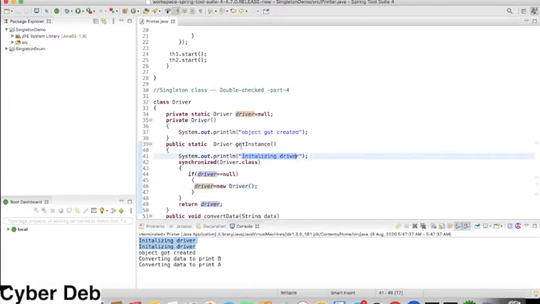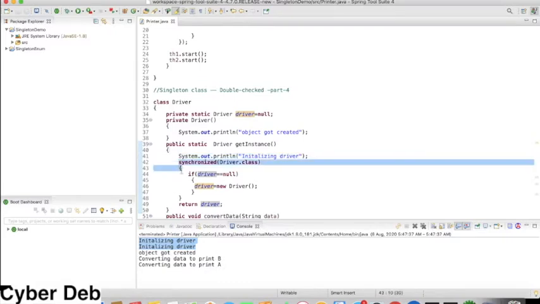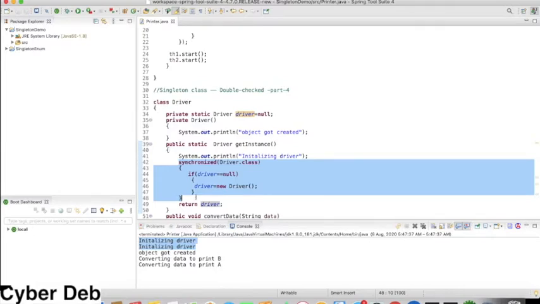The second thread also enters into this method, because there is no blocking of threads, we have removed the synchronized keyword, and both threads enter into this method and perform the task. That's what we have, only one sysout line, for demonstration purposes. Both threads are now in this method, but both cannot enter into this synchronized block, because this part is only responsible for creating the singleton object.